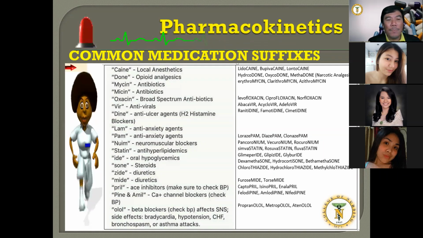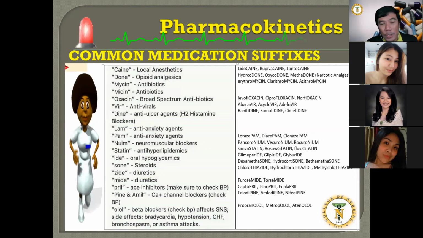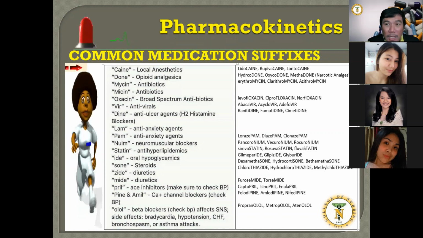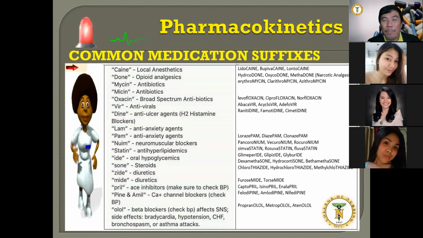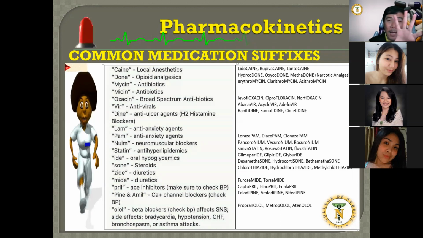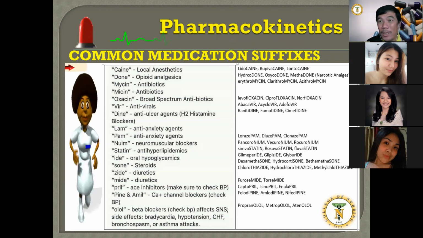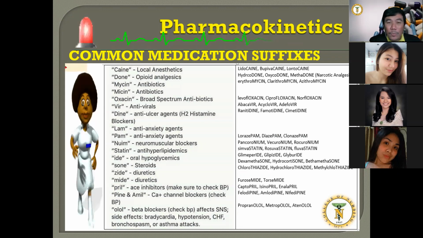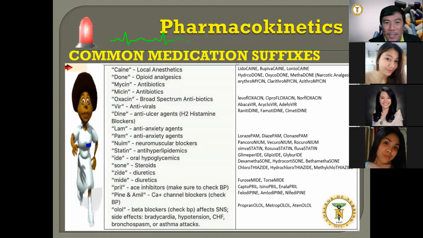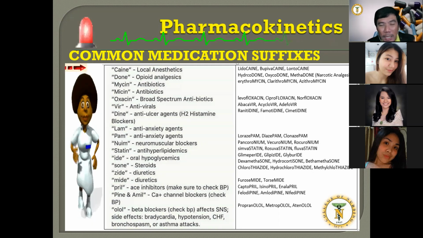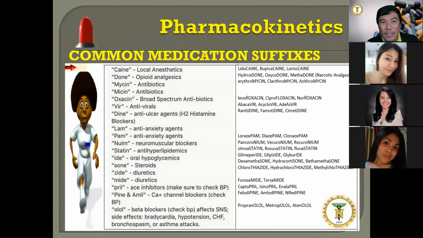This is what happens. Kasi usually, 'di ba, pag may hypertension, we are aware the kidneys are the ones that will release adrenaline. The adrenaline signaled will transmit impulse by beta 1. Tapos, di ba, it will help the heart to contract. So, if it will help the heart to contract, it will regulate the blood pressure. Now, here is the problem. With this process, once the adrenaline is released, renin will be released, angiotensin 1 will follow,